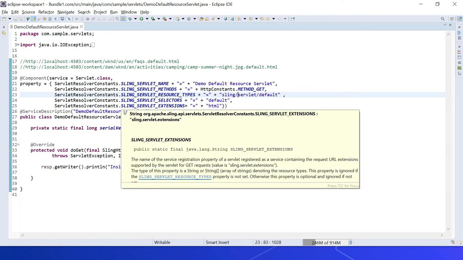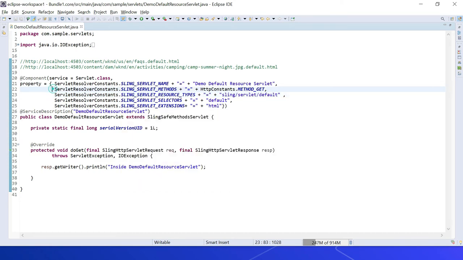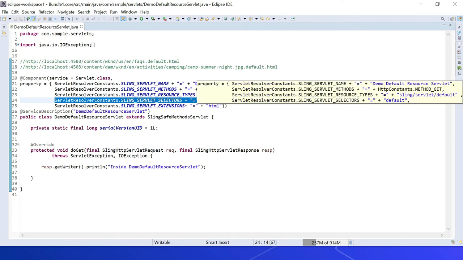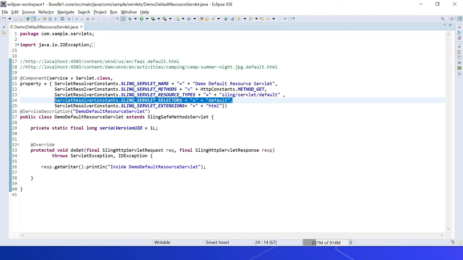You can even define multiple methods, resource types, selectors and extensions by just duplicating this specific configuration and specifying the additional values. If you want multiple selectors, just copy this and paste it again, then specify a different selector.